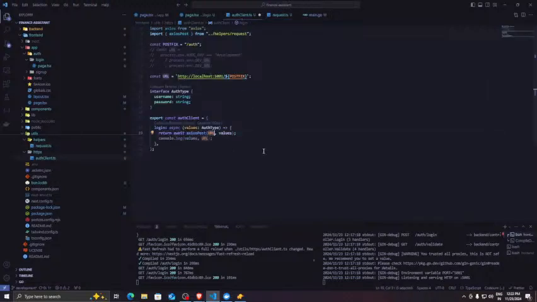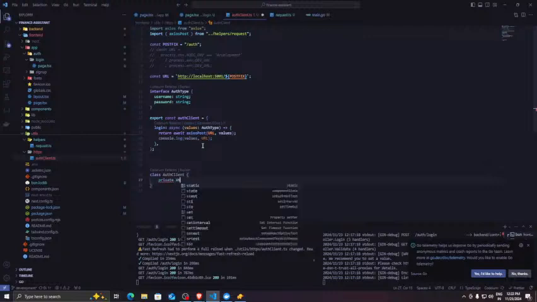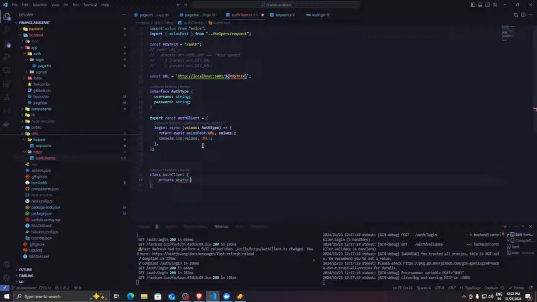What I can do is, yeah, I should have used a class itself. I made a mess, but let's see if I can do it now. Class AuthClient, and this will have a private static isURL,